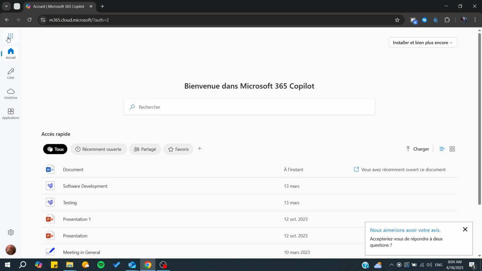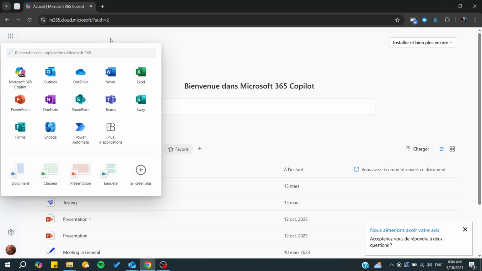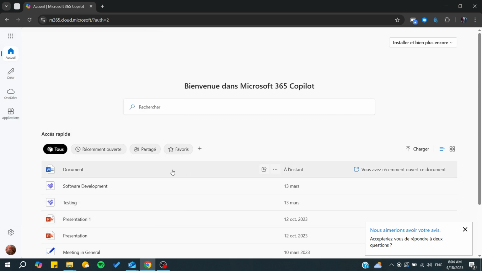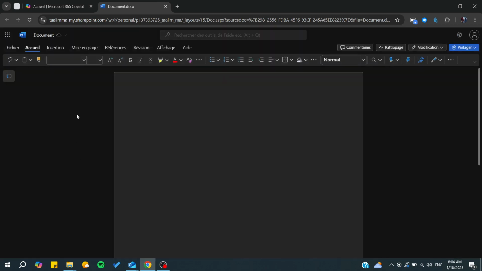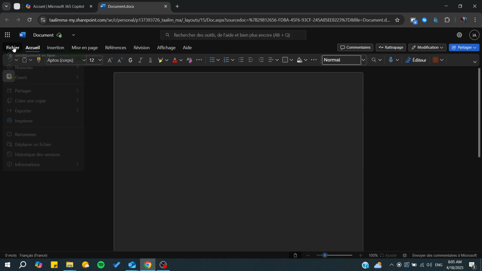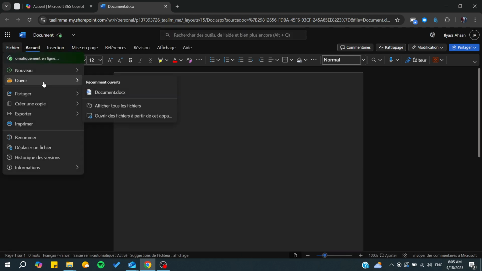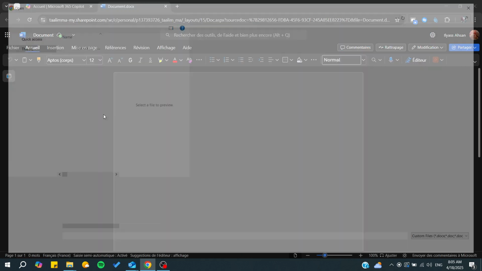And to do so, you will need to go to your Microsoft website, and from there you will need to go to Documents. So we will need to start a new document, and from there we will be able to convert the PDF file. So here in the file, I will need to click on Open, and I'm just going to import my